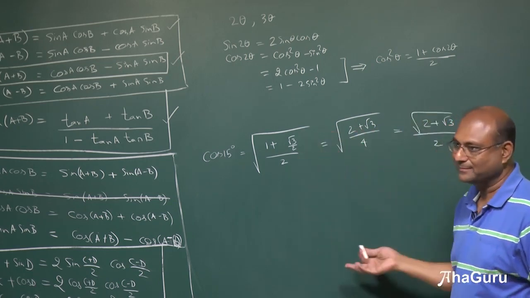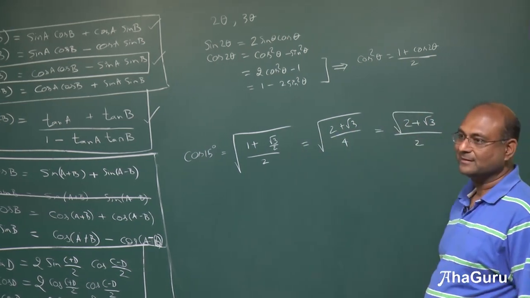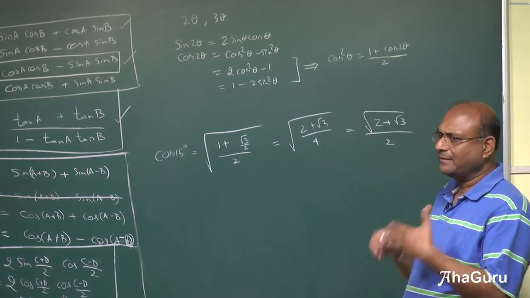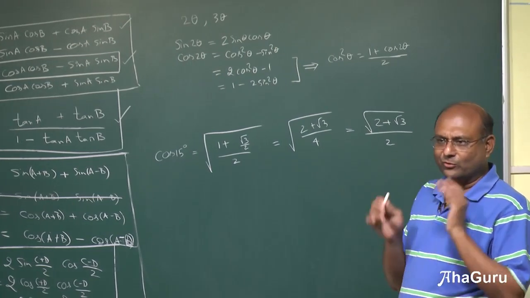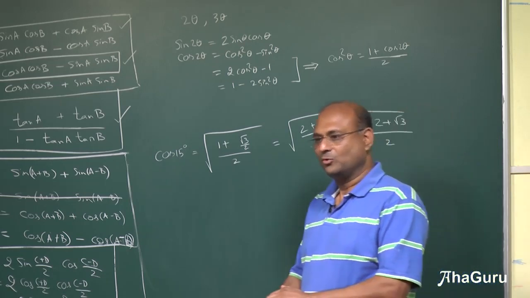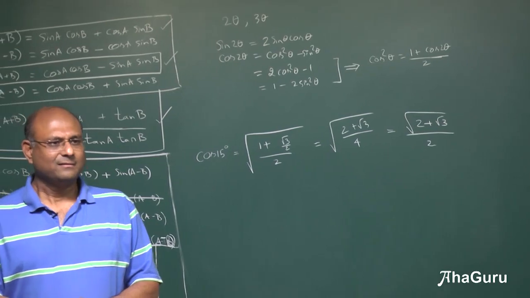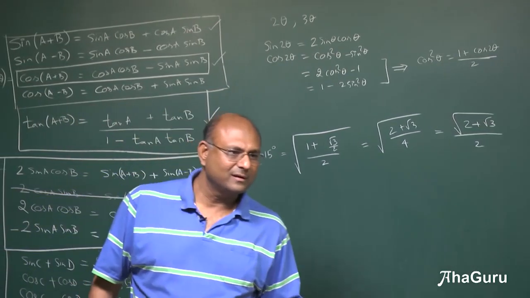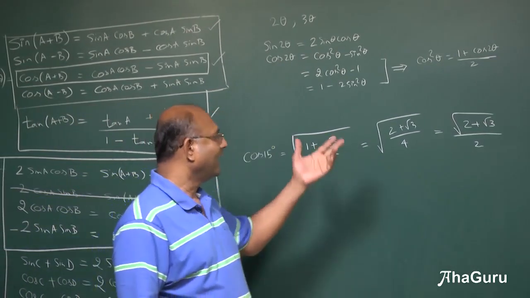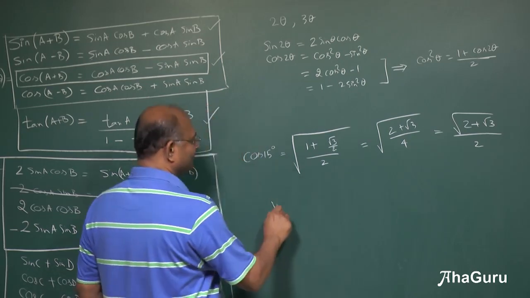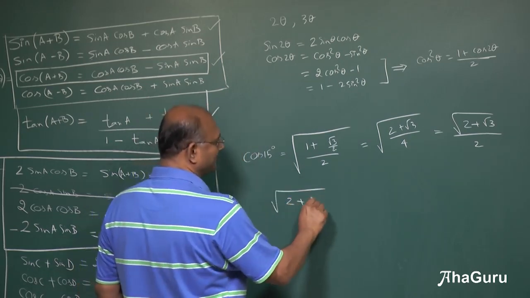I know it's cos 15, but how will you find this? Suppose somebody asks you to find root of 2, okay, you know. Root of 8? 2 root 2. Root of 2 plus root 3? Just leave it like this, or? So we'll make a guess. So this is how you will try to find these things.